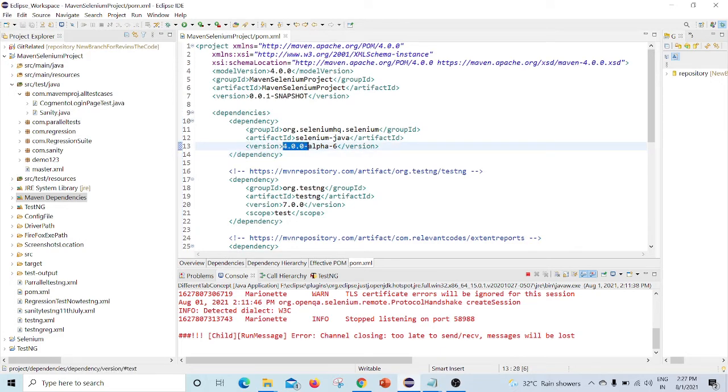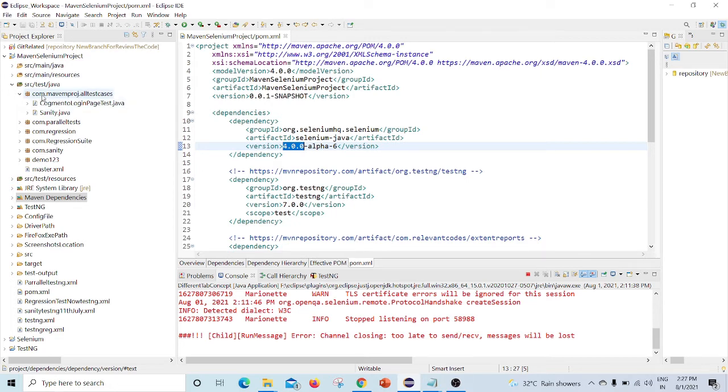If you are using a version below 4.0.0, you will not get that feature. So you have to use the 4.0.0 version. Now I'll create one new class. Under this class I'll show you how to launch two different websites in two different tabs.